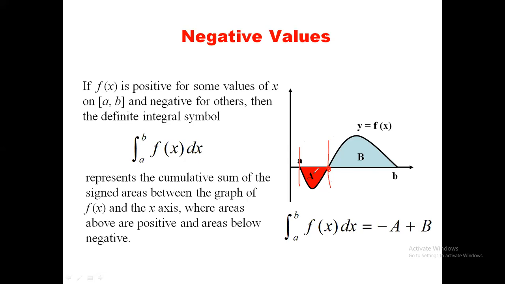But since the area is below the x-axis, you place a negative before it. That way, the area that you will actually compute is negative, so it will be subtracted from B. So that way, it will not be negative. You place a negative before the A. That way, this will be considered as an absolute value, even though it's negative when processed,